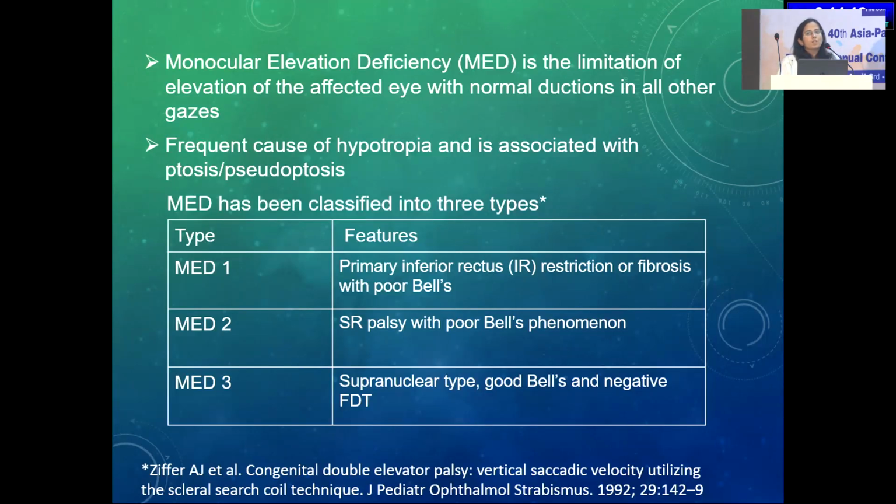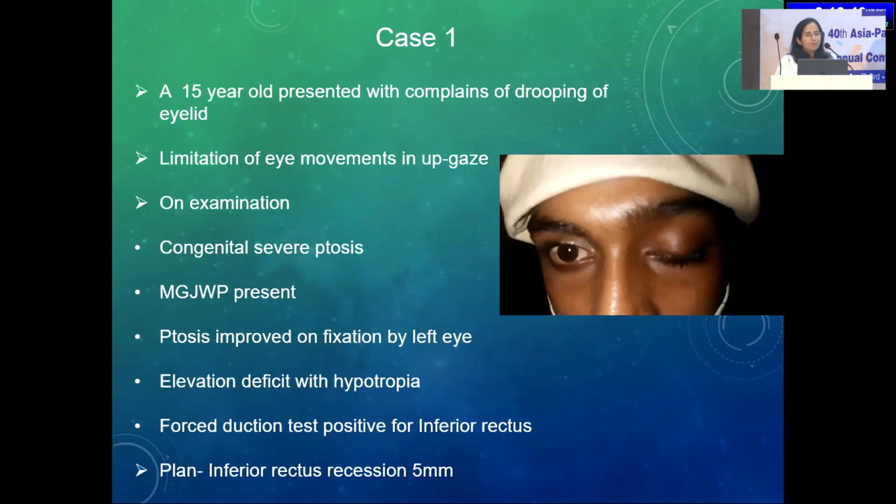Type 1 is caused because of the inferior rectus restriction that can be a result of either trauma, or it can be because of autoimmune diseases like sarcoidosis, or can be a result of thyroid eye disease at times. Type 2 MED results from superior rectus palsy, which can be because of congenital causes or post traumatic causes. And MED 3 results from the supranuclear causes, again, that can be post traumatic or can be because of neonatal hypoxia. So, I'll be discussing some of the cases of monocular elevation deficit, and based on this,